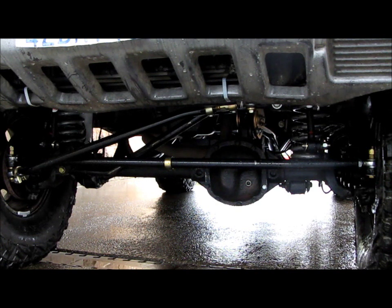One of the things I noticed recently, when we went to the long arms in the front and more lift, we went from 3.5 inches to 5.5 inches, is that the steering was really weird. It was almost like it